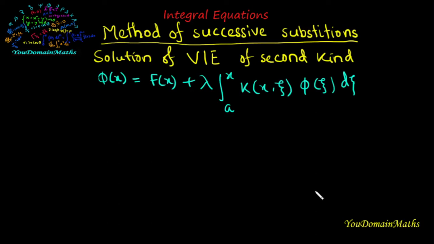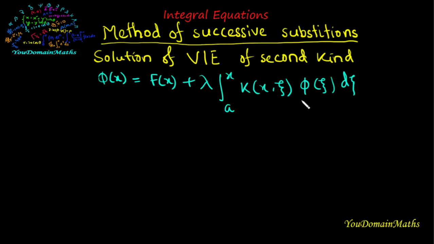Hello viewers, we will discuss the solution of Volterra integral equation of the second kind by the method of successive substitution. For the solution of Volterra integral equation of the second kind, we consider a Volterra integral equation of the second kind as phi of x equal to f of x plus lambda integral from a to x kernel K(x, xi) phi of xi d xi, which is the integral equation because phi of x is unknown and is presented under the integral